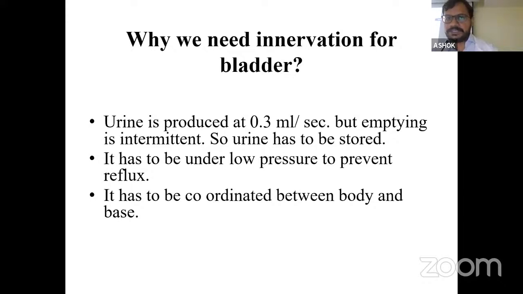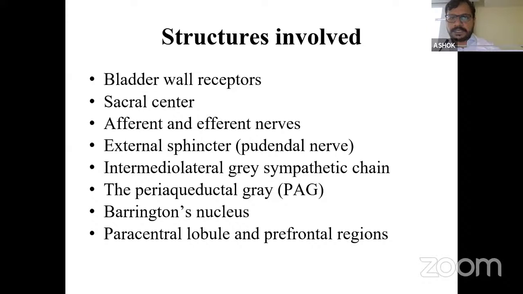Why do we need innervation for the bladder? Urine is produced at the rate of 0.3 ml per second, but emptying is intermittent. So urine has to be stored. It has to be under low pressure to prevent reflux. It has to be coordinated between body and base. Structures in our bladder wall: receptor, sacral center, afferent and efferent nerves, external sphincter,